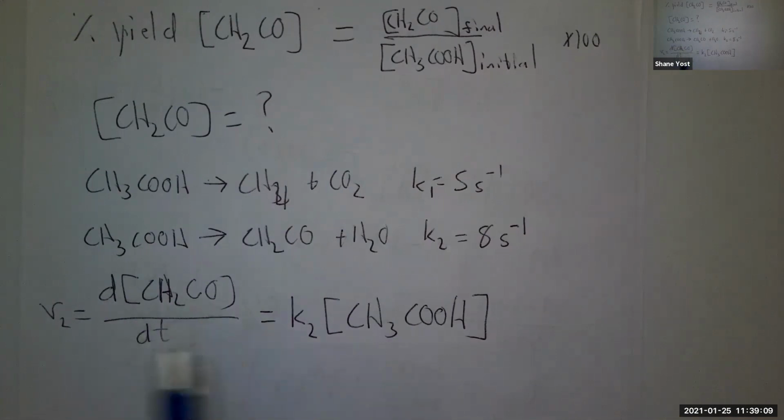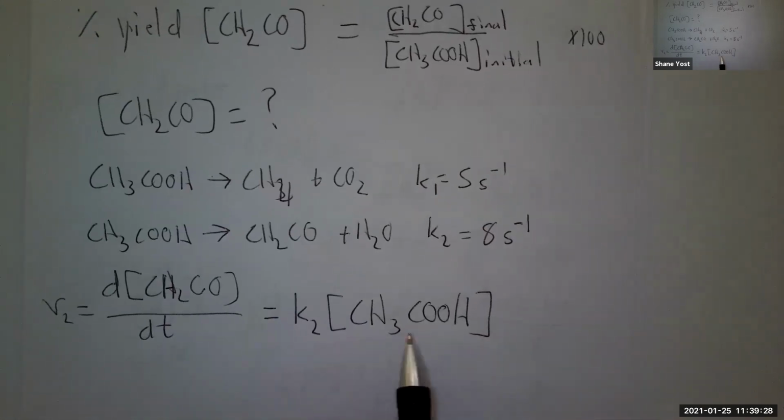Now I have some variable x here, CH2CO, which is x. I have another variable t here. And then I have something else, CH3COOH, at, say, y. So I can't just integrate this out and get some simple result. I need to know what is